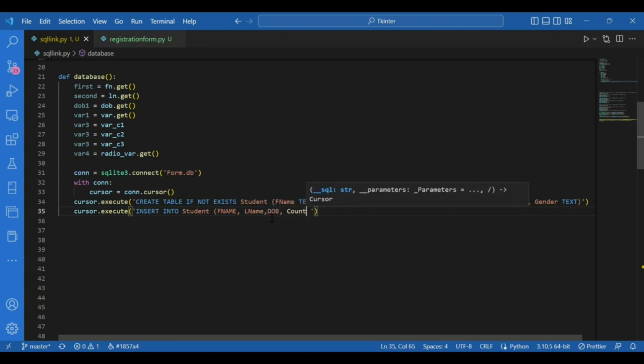Values, brackets, I'll give in 6 question marks for 6 fields, inverted commas close,